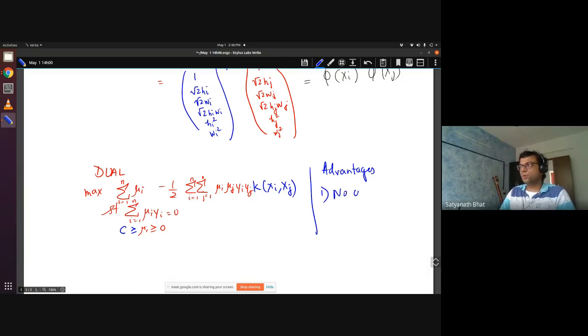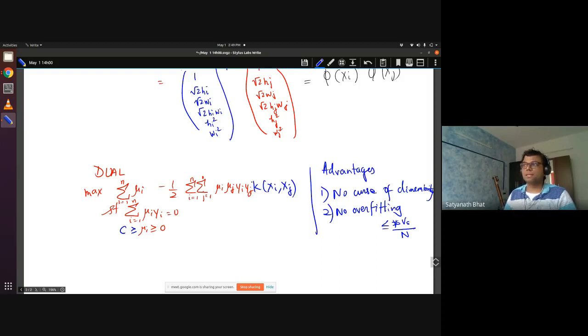So this k of xi xj, the advantages are, first, no curse of dimensionality. And secondly, no overfitting. Why no overfitting? Because if the number of support vectors, that property is still true. If you are able to get a small number of support vectors by total number of points, if this is still small, then you are still okay. The idea is there is already half W transpose W built in somewhere. So I hope this is clear.